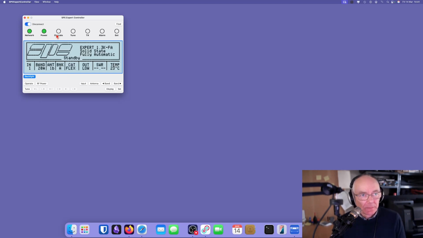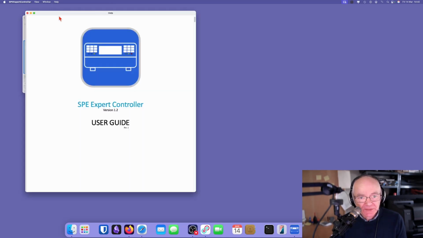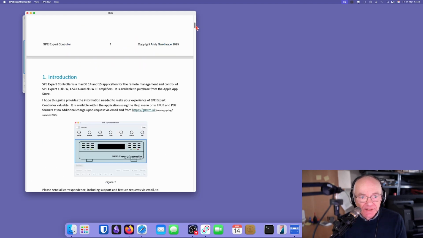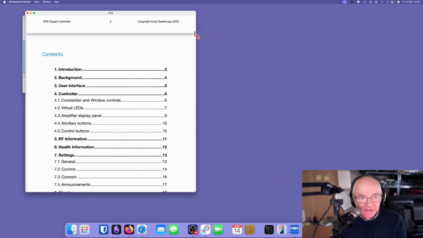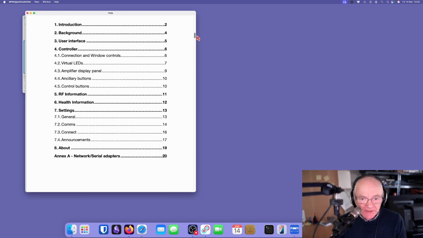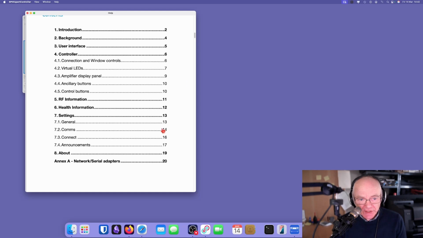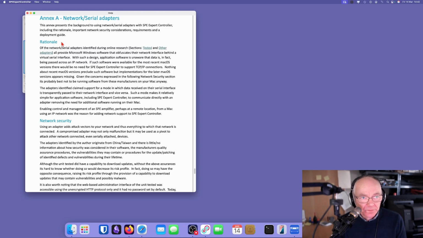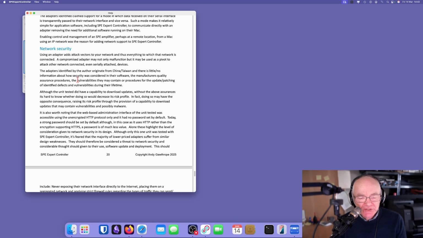Other changes in the application are the help. The user guide has been updated for version 1.2, and it now has a contents section here which describes the application and the new features. There's also an Annex A here in page 20, which describes some of the rationale, some issues that really do